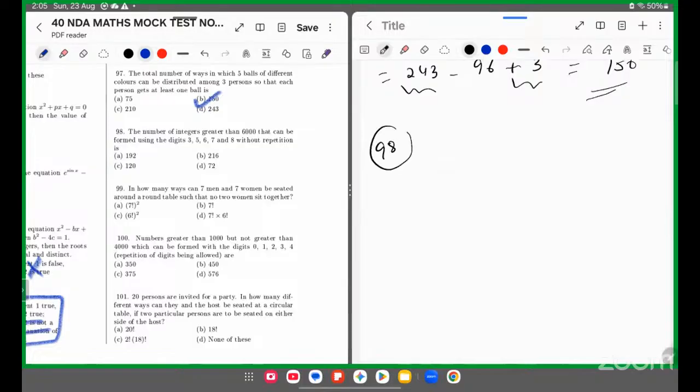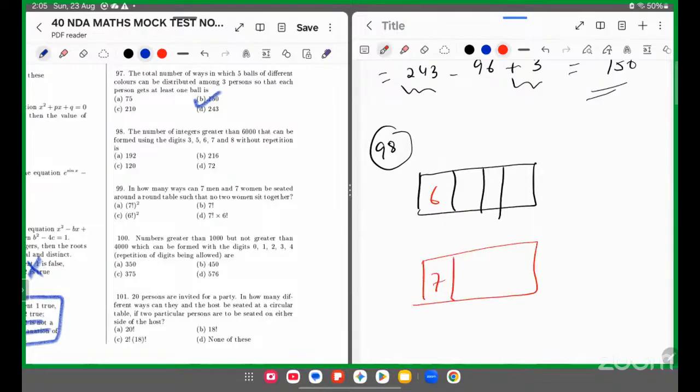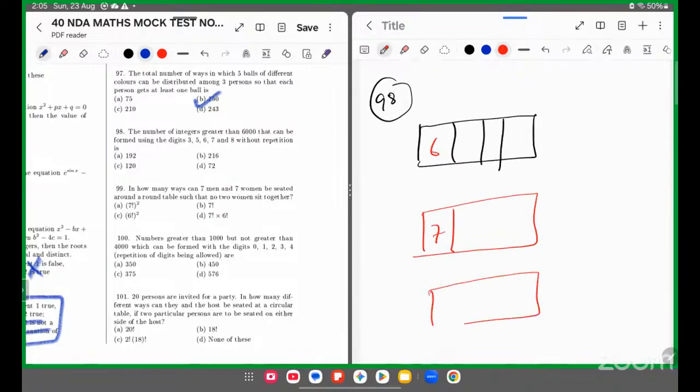98, अगर बोला ग्रेटर देन 6000 तो 1 2 3 4 बंदे, यहाँ पे मैं 6 रख सकता हूँ, उससे देखूंगा कितने नंबर बनेंगे। यहाँ पे 7 और यहाँ पे 8, बस जितने भी नंबर बनेंगे वो सब 6000 से बड़े होंगे।